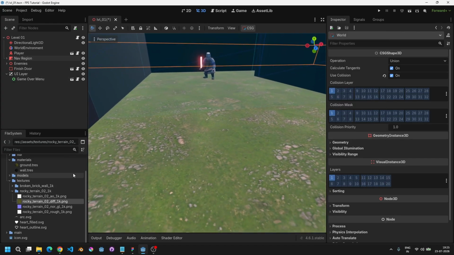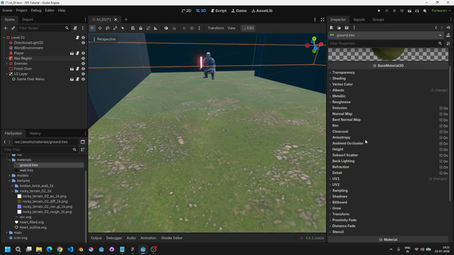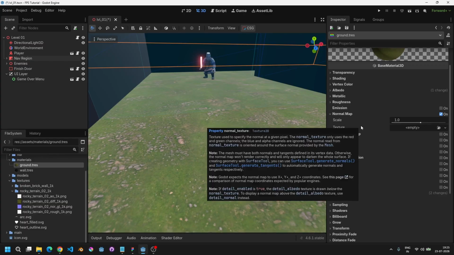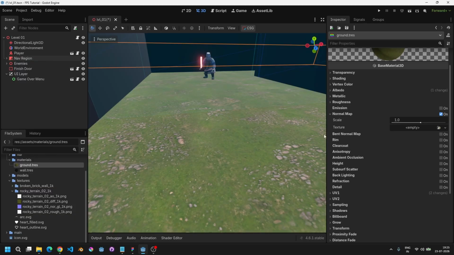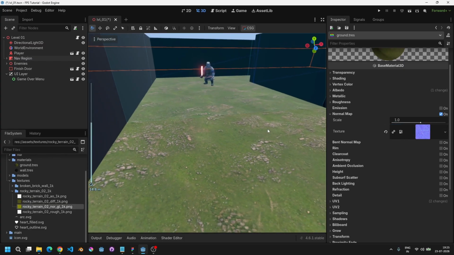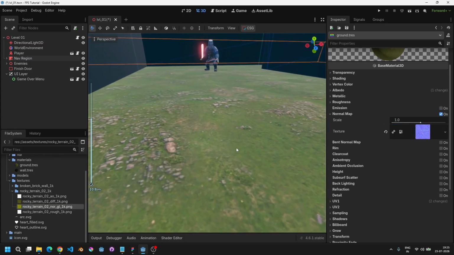Okay, so this is our albedo. So now let's see what do we have. Let's go with normal map, and this is going to do a lot of heavy lifting in terms of showing depth. So I will drag in this texture,